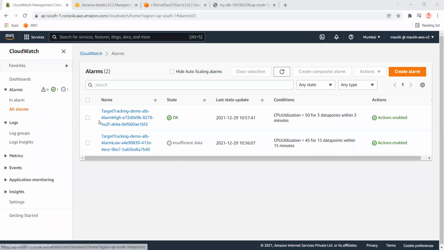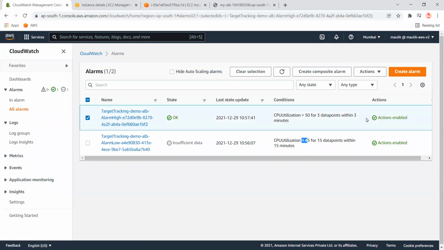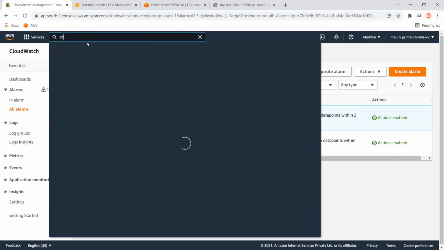Also, you can see that two alarms were already created by AWS by default with that auto scaling group policy, based on the scale out and scale in policy. When CPU reaches greater than 50%, it will increase the instances, and if it is less than 45, it will decrease the instances. Just for information, these alarms are not editable, and they will be deleted when you delete that auto scaling policy.